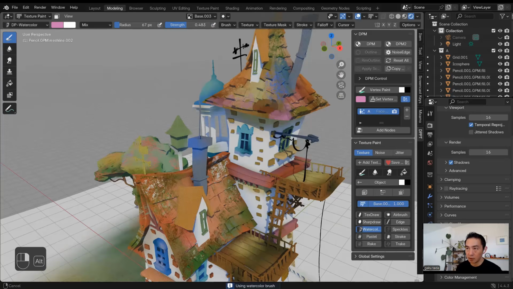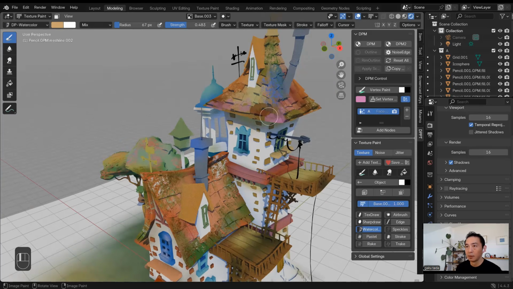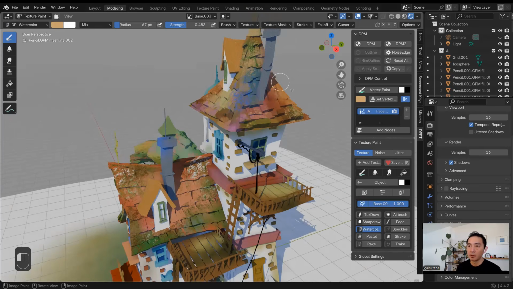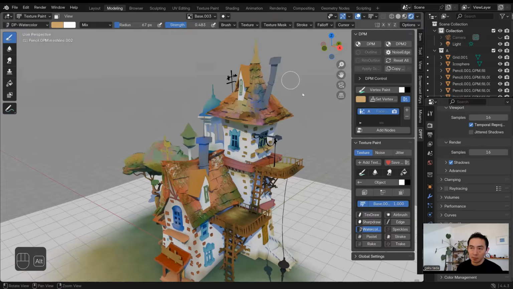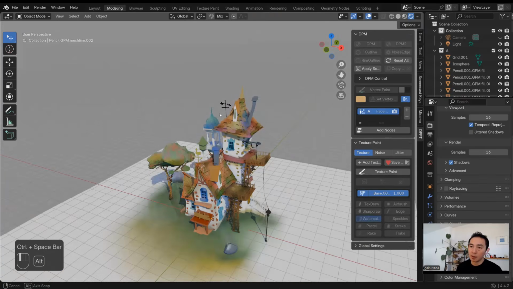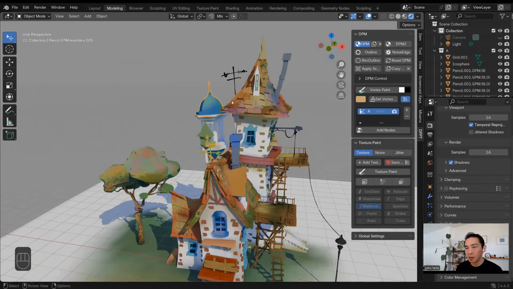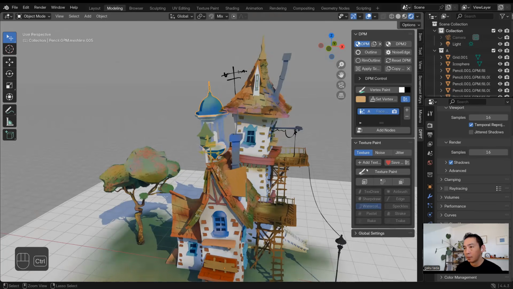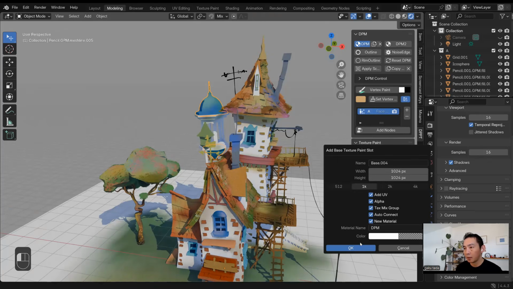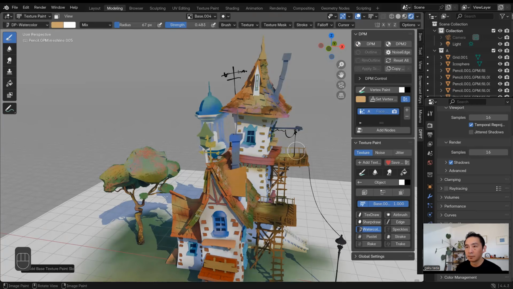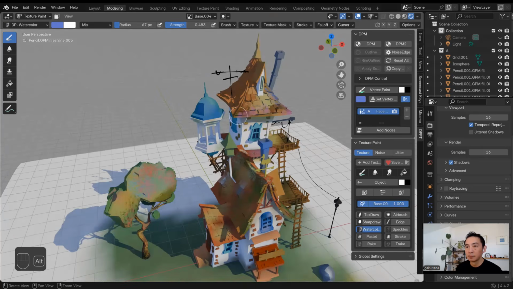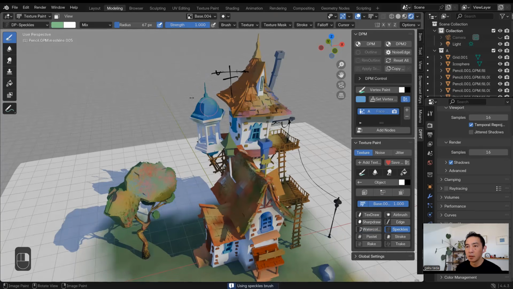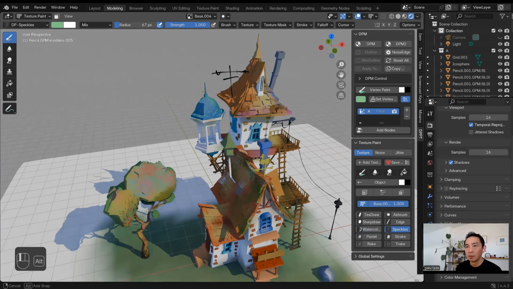This one's going to give you more detail than just Vertex Paint, right? But texture paint is good. You can control it by painting and getting more detail.